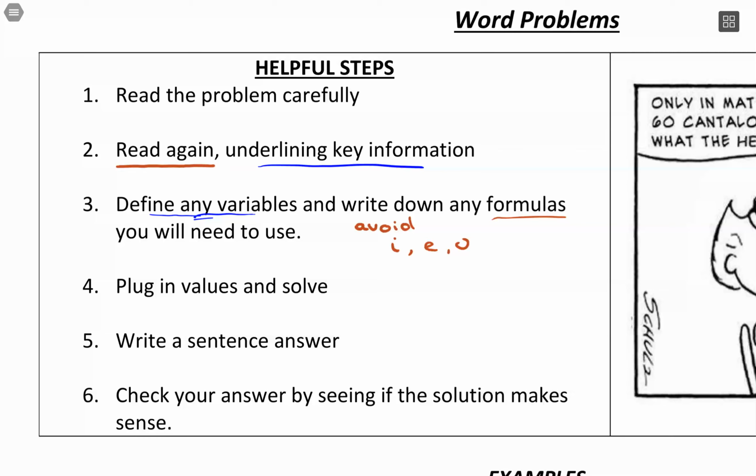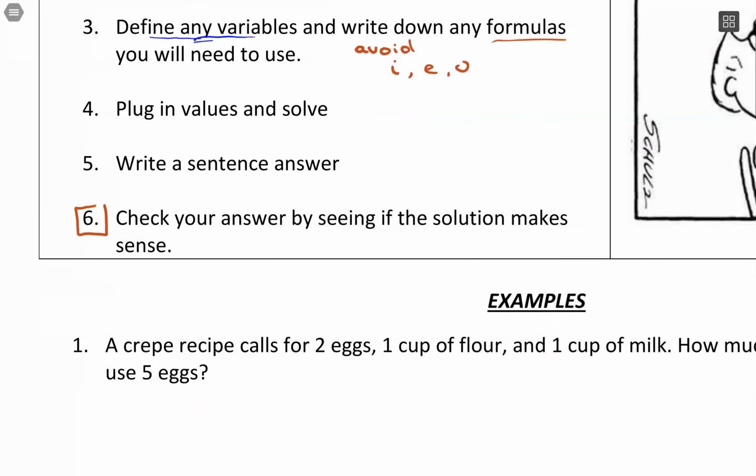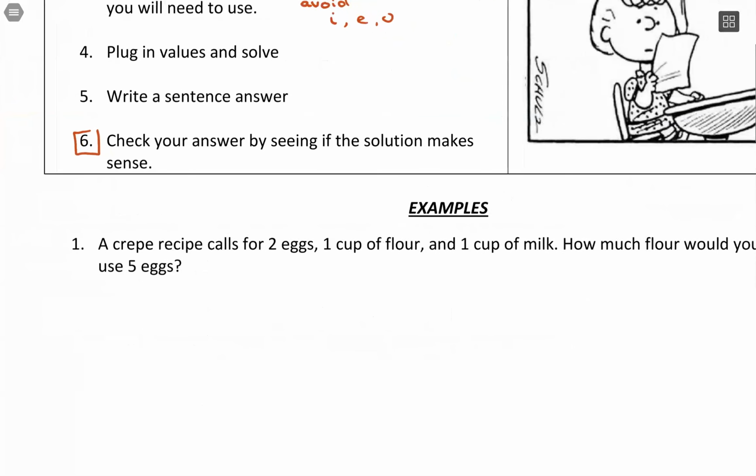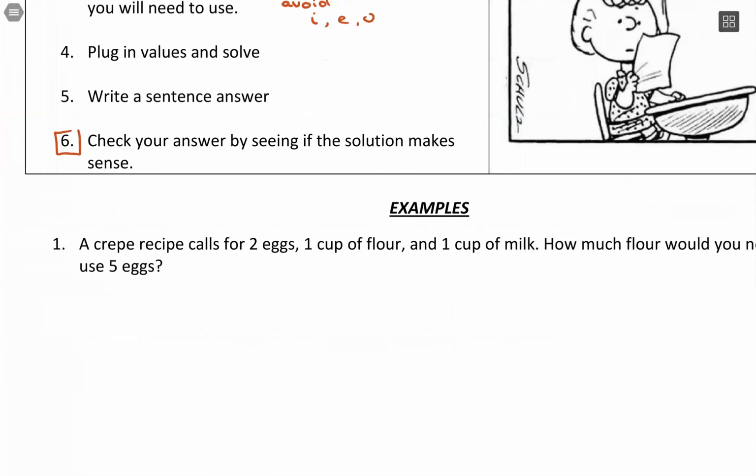And then once we get to an answer, we're going to write a sentence. And then a great last step is to take a moment to make sure it makes sense. So go back and maybe read the problem one more time and see if your solution fits with what they're asking. All right, so this first one, we have a crepe recipe and it has 2 eggs, 1 cup